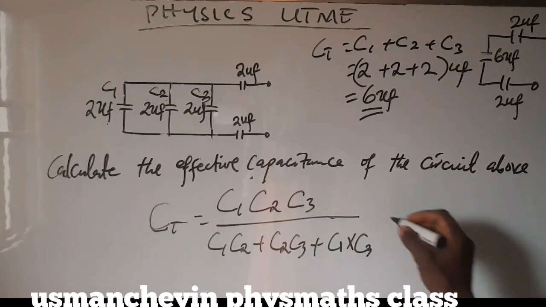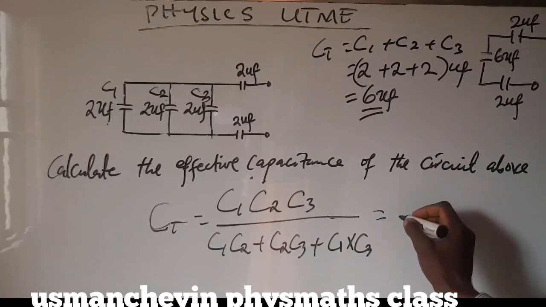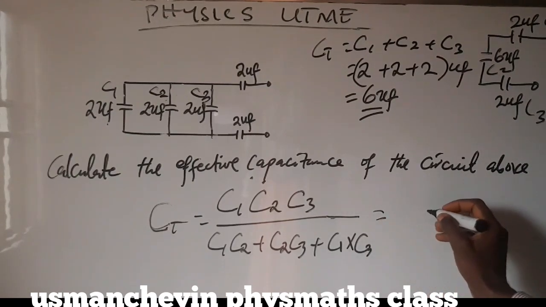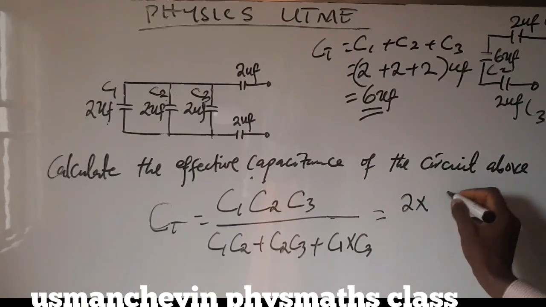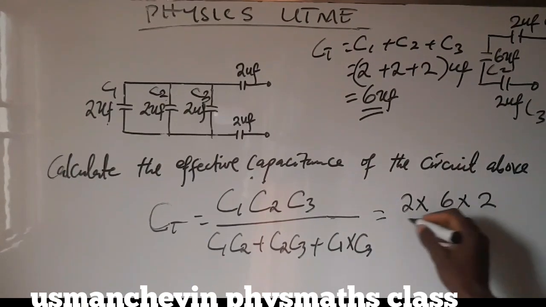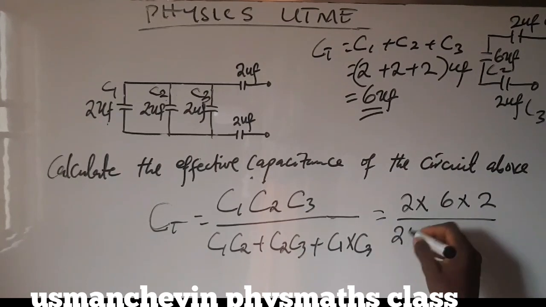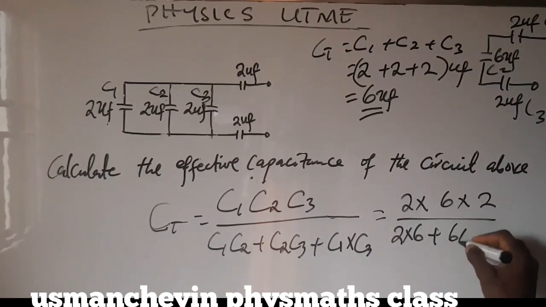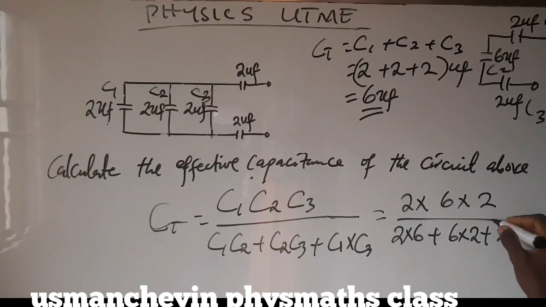All right, so if that is true, we can now rename them. This can be our C1, this can be C2, and this can be our C3. So our C1 is 2 times C2 is 6 times C3 is 2, all over C1 is 2 times C2 is 6, plus C2 is 6 times C3 is 2, plus C1 is 2 times C3 is 2. All right, so this is going to give us